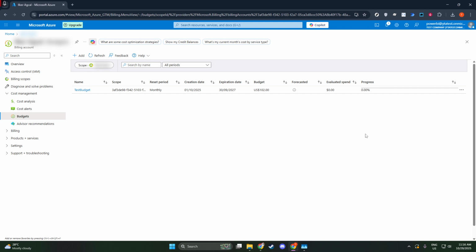And that's it. You've successfully set up budget alerts in Azure. This tool is a fantastic way to